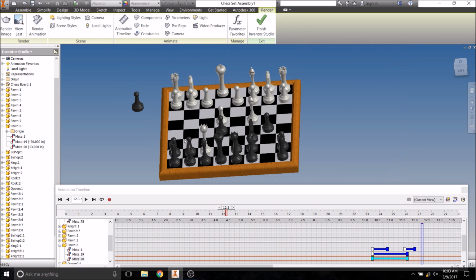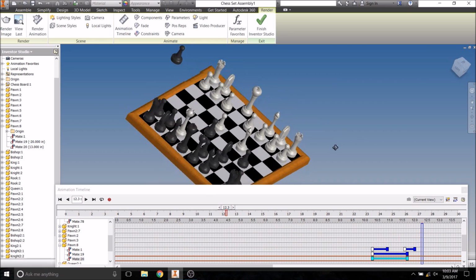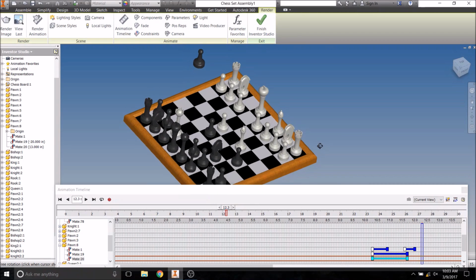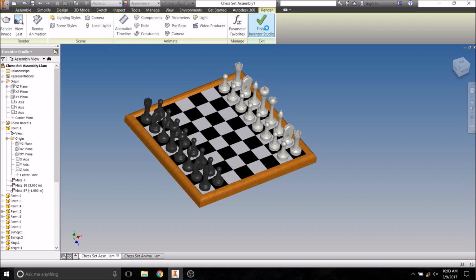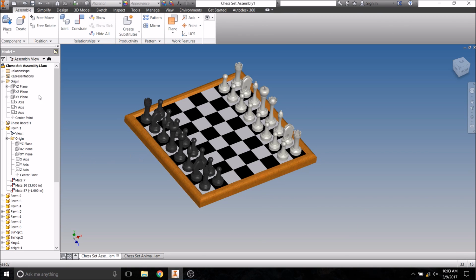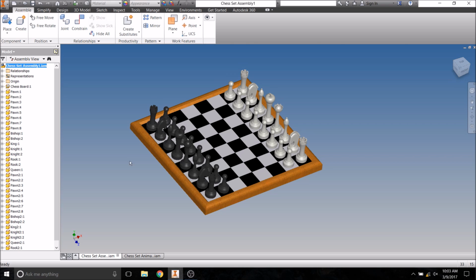And so the last action of this animation is to have the king fall over. Now, this is a bit tricky. We are going to go back to the beginning of the timeline and save it and finish Inventor Studio to go back out into the regular assembly. Let's clean everything up, collapse all children, and we need to find this king, which is king colon 1,